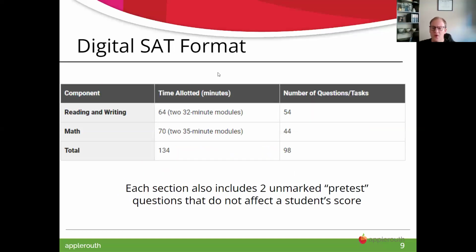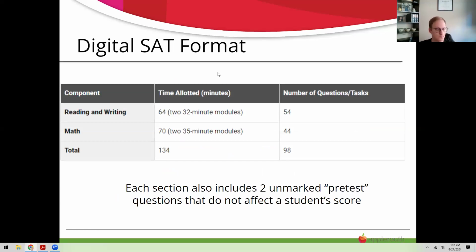So let's get into what the test itself looks like, and then we'll talk about some specific questions and question types. You can see here that each verbal module is 27 questions, and you get 32 minutes for that. Most people find module 1 to be not leisurely, but not a time crunch. But the upper level module 2 can often be a big struggle for time, just because the vocab is harder, the questions are longer, and it can be easy to get caught up. And then math, you have 22 questions and 35 minutes to do it.